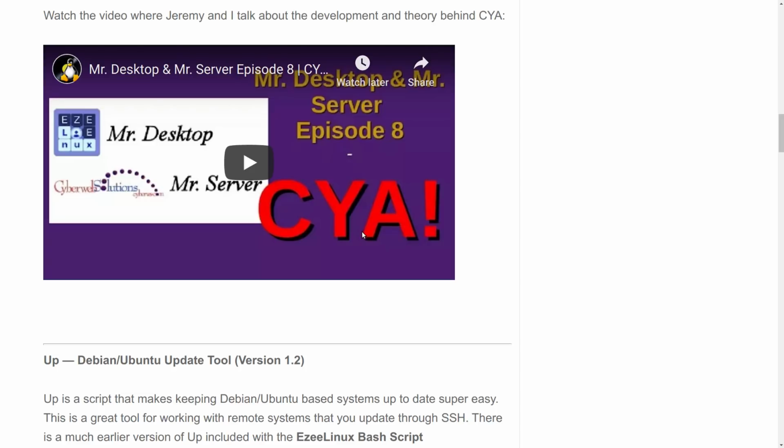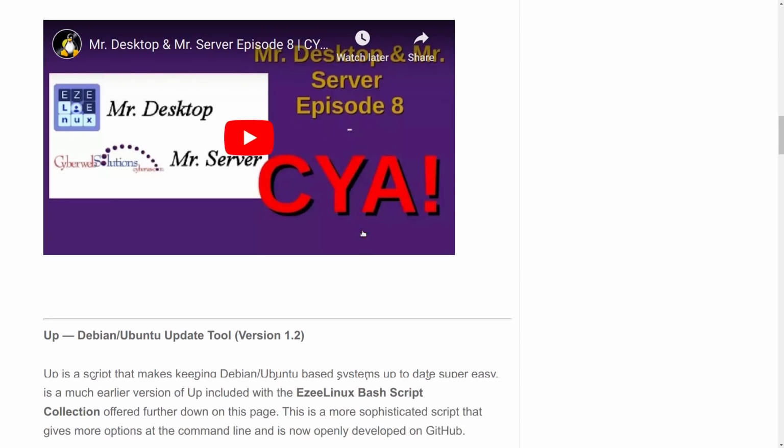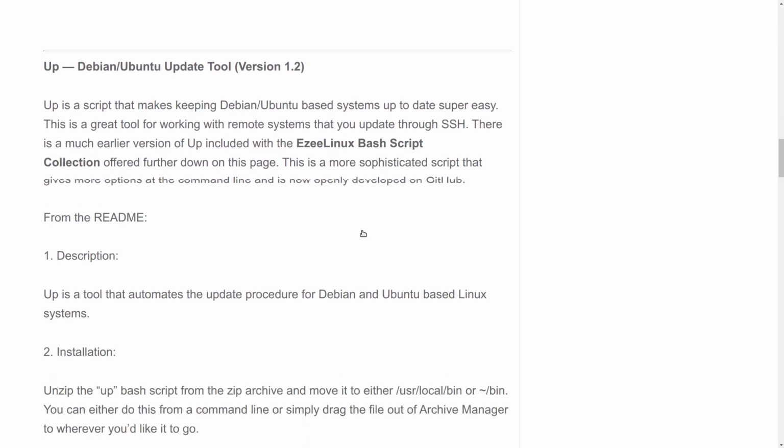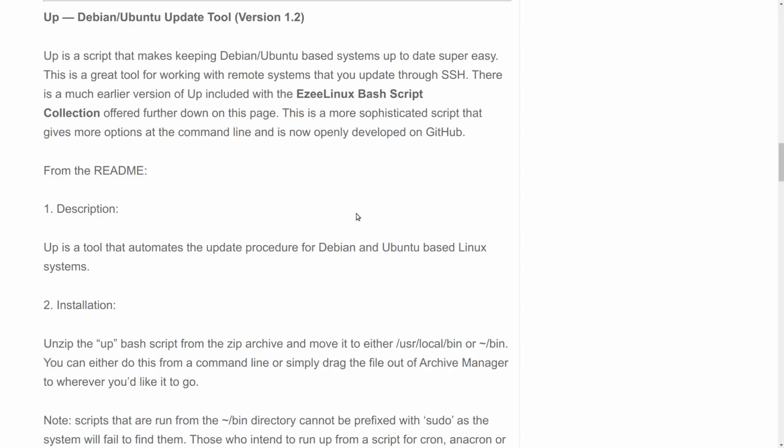It works a lot like TimeShift, which is shipped with Linux Mint automatically. But it is 100% terminal based, and it can be automated in the background. Very easy, very flexible, and it's a pretty complex program. I didn't write any of it, but I was the big beta tester. We put up a video about that. You can check that out if you want to. That's really more of a server based kind of program.